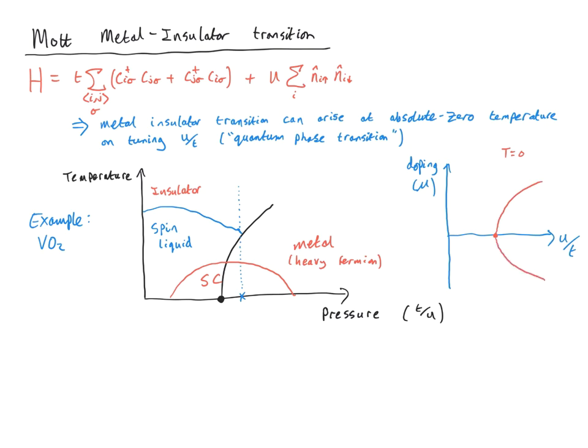The way I've written this with u over t on the x-axis here, it's this side that's the insulator, and this side is the metal. So this has a very rich physics in this model. It's very important to note that the Mott transition and the Hubbard model, the physics of this system, cannot be